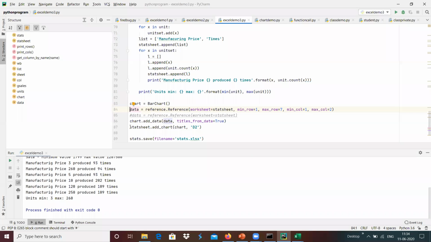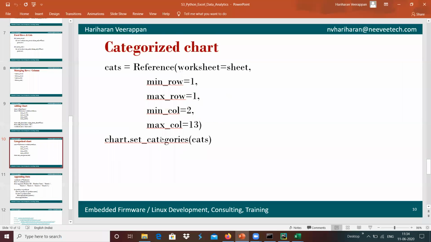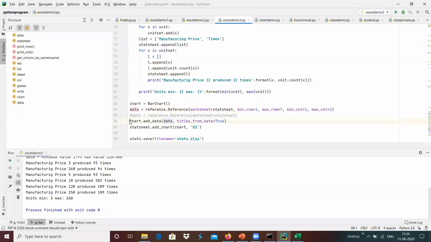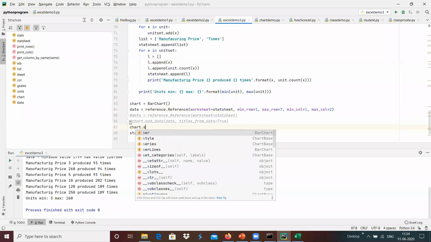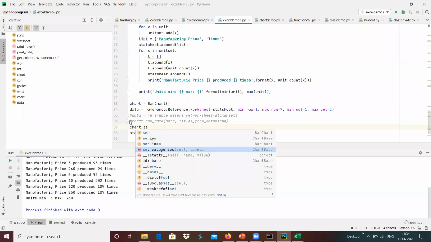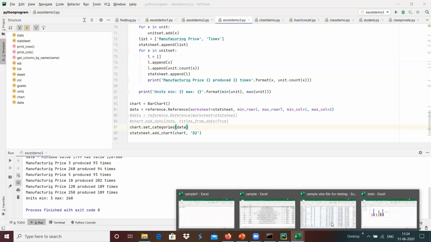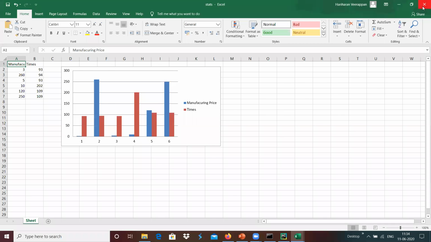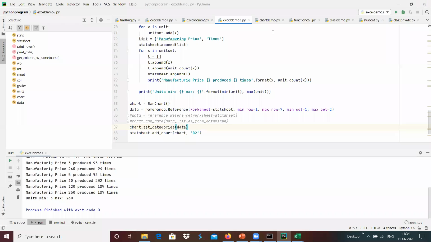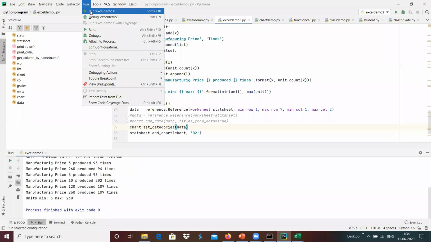Instead of adding this data, I'm going to use chart dot set categories, and I'm going to put this as the data. Now if we run this, we will see the output format will be something like this.